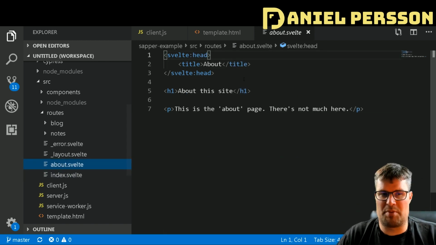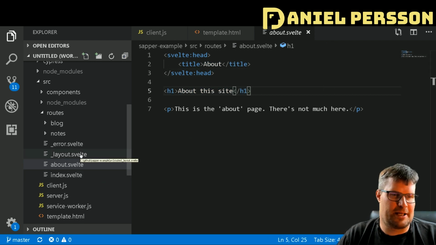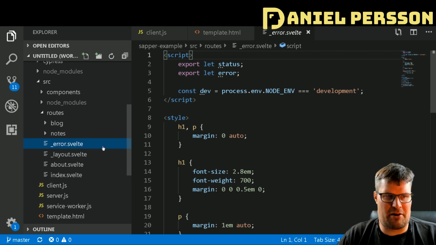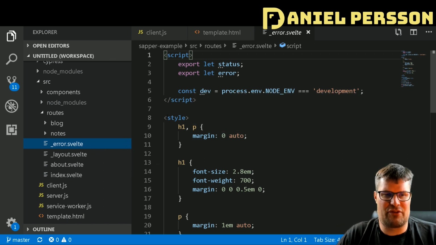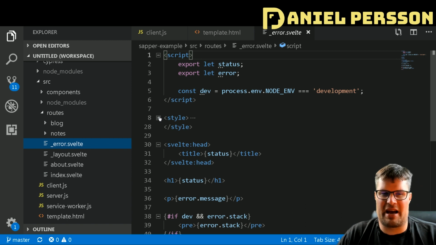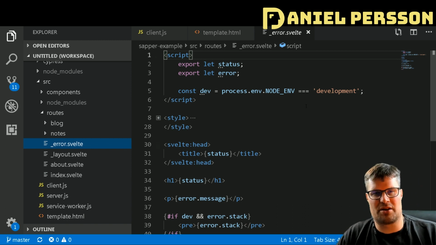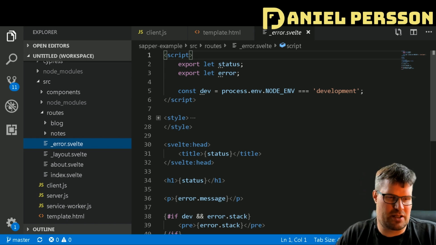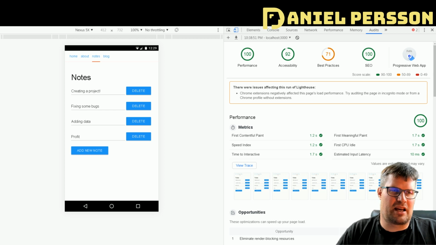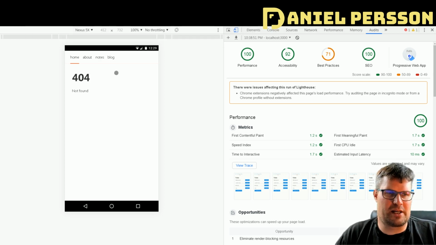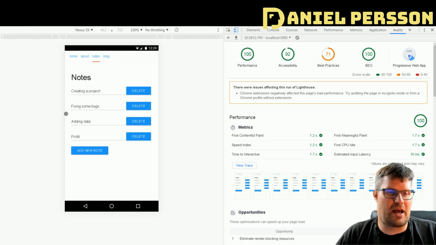Then we have the about page, not much to that either. We have some title, about site, and so on. And then we have an error page, so _error.svelte. This will handle any errors that are displayed on the page. So if something is missing and so on, you can see it here. So if we switch back and I say notes 2, I will get a 404. So that's the error page,